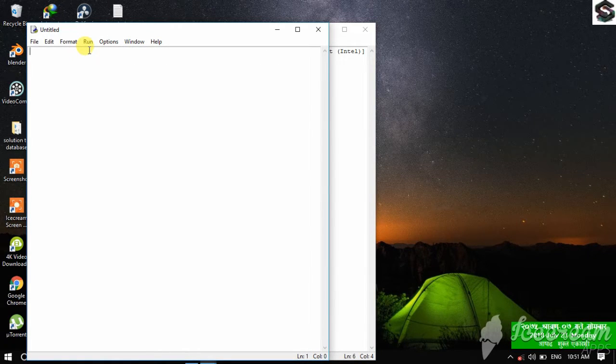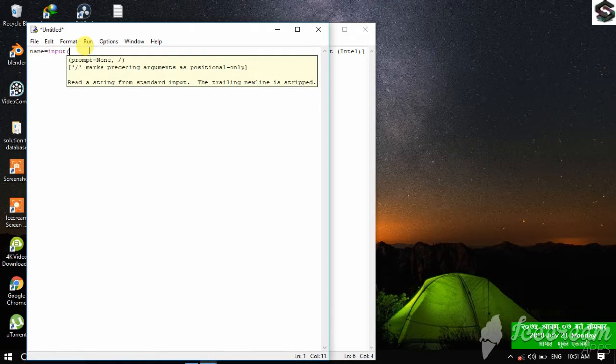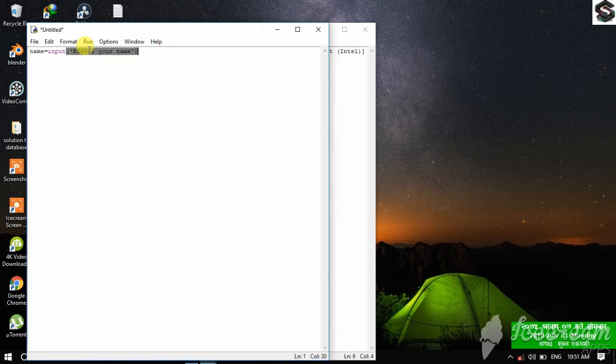Now I'm going to store the input in a variable. Let's say name equal to input, enter name. Now print the entered value. Print, your name is